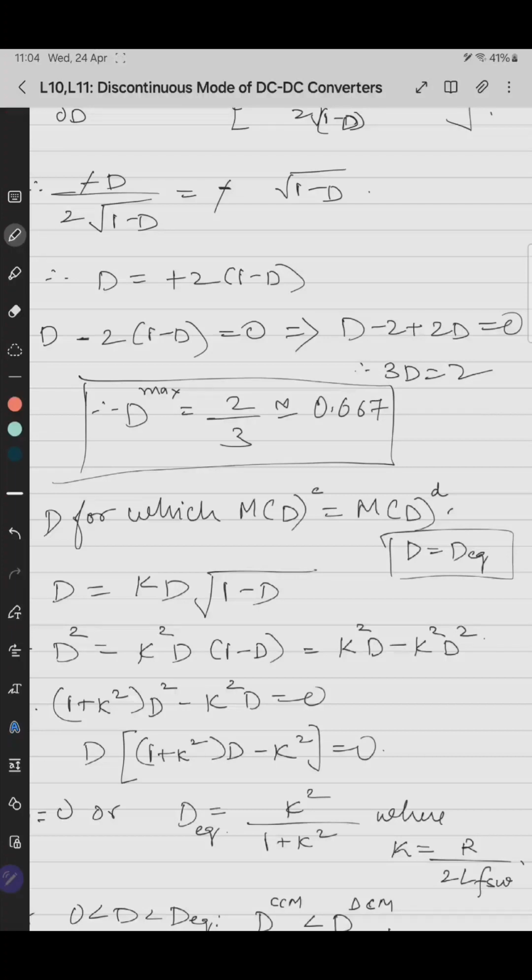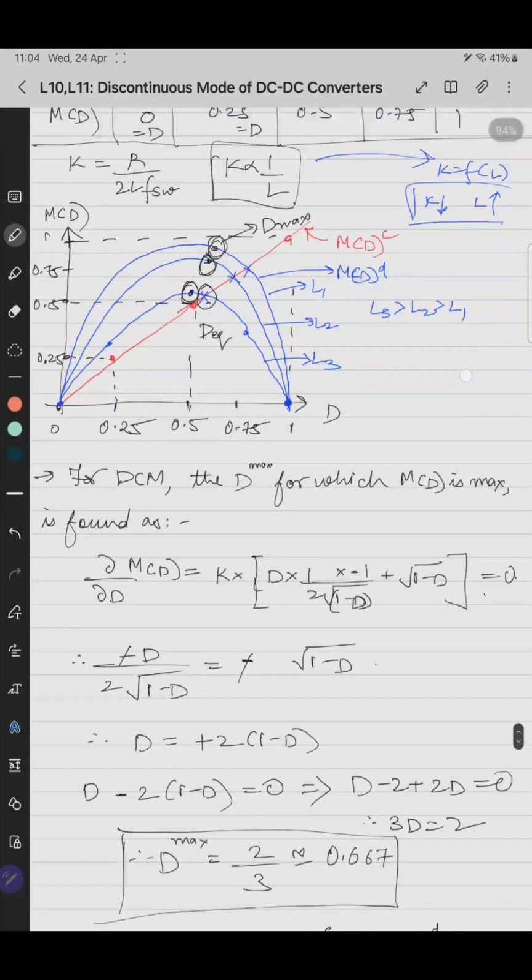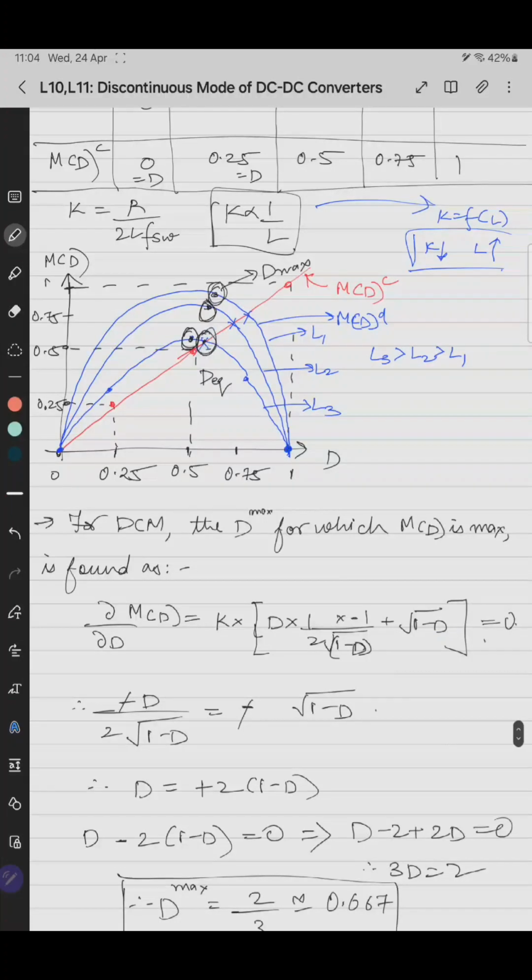You just have to make sure that the converter is in DCM. So at this duty, you'll get the maximum gain for any power rating of buck converter. Now we can also find the point of intersection of this continuous conduction mode versus discontinuous conduction mode voltage gains,